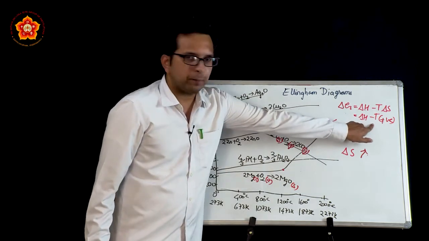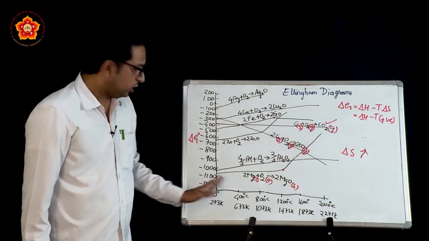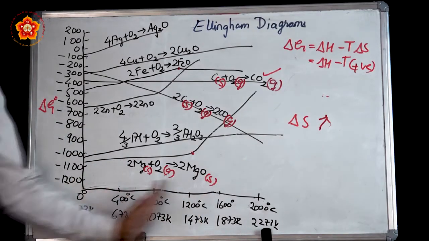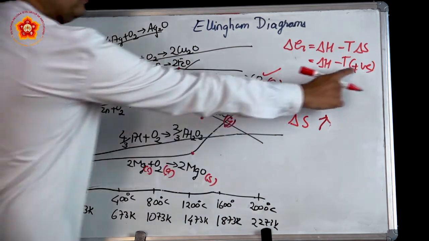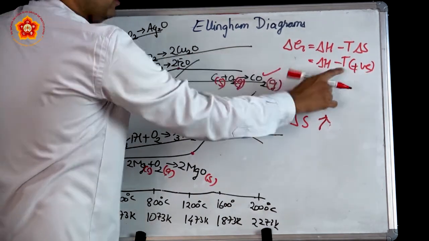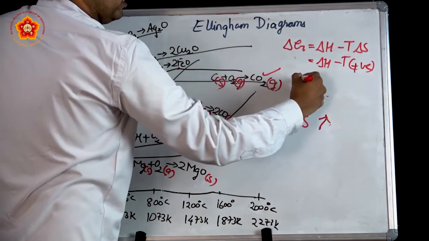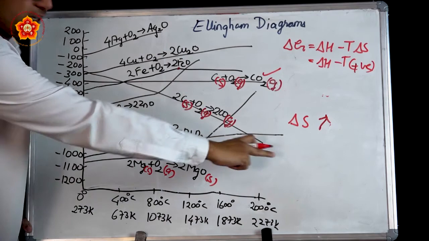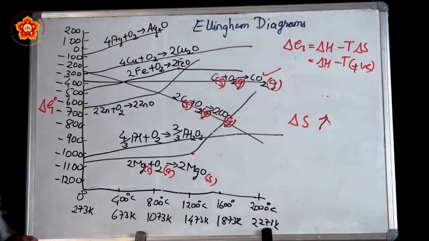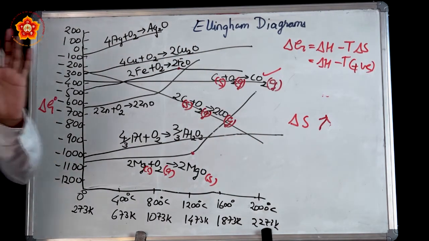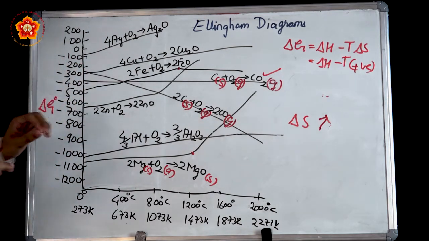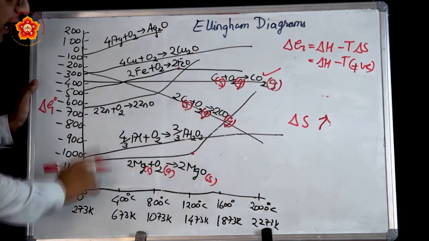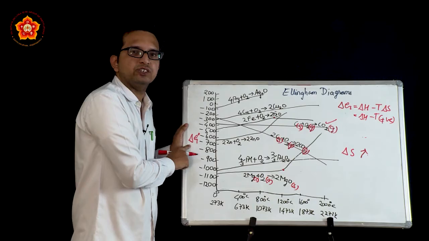So for an increase in temperature, once again refer to the x-axis: 0 degree, 400 degree, 800 degree, 1200 degree. An increase in temperature is leading to an increase in the entropy of the system, thereby the negative value will increase. That is why, if you see, delta G values are becoming more and more negative as the temperature is increasing. So this is just a study of the Ellingham diagram, as to how Ellingham studied the relationship between formation of oxides and its corresponding Gibbs free energy.